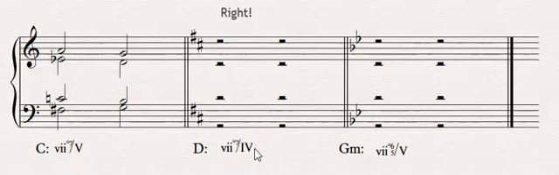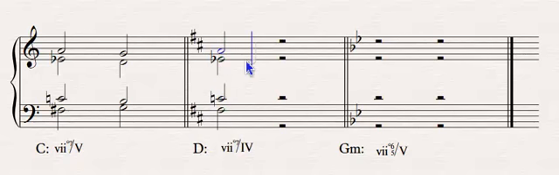So we need the 7 diminished 7 chord built on F sharp, which ironically is the one that we just had there. So we're just going to build that up. So we've got the F sharp. We'll just use the same voicing since we know it works. Make sure your accidentals are correct. Okay, so there we have F sharp, A, C natural, and E flat,